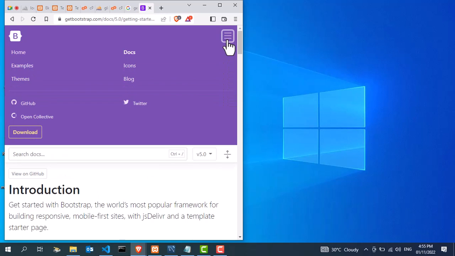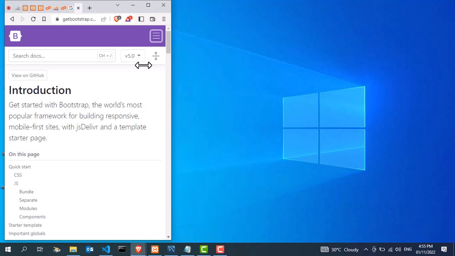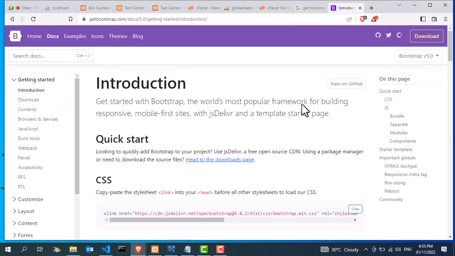and this toggle button. So when you click on this, it will show you a drop down whereby you have this list here. All of this, you want to achieve this for easy development, to achieve something like this. So we use Bootstrap. Bootstrap, the world's most popular framework for building responsive mobile first sites with JS Deliver